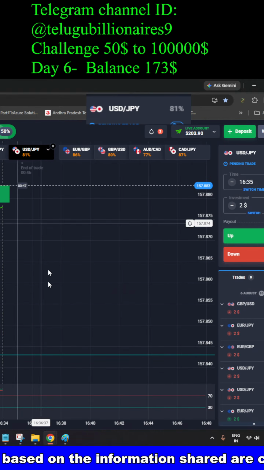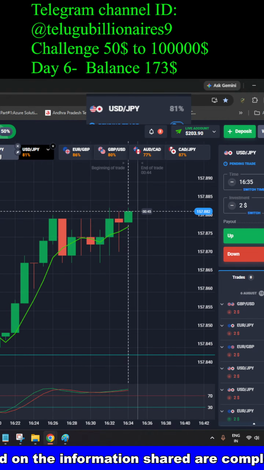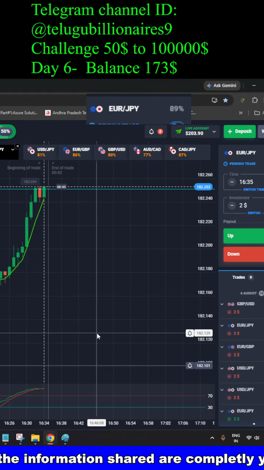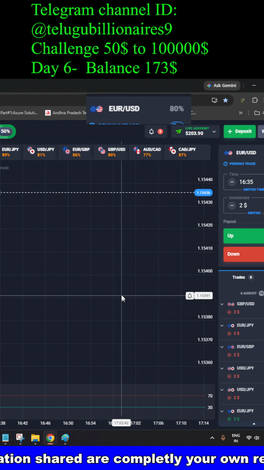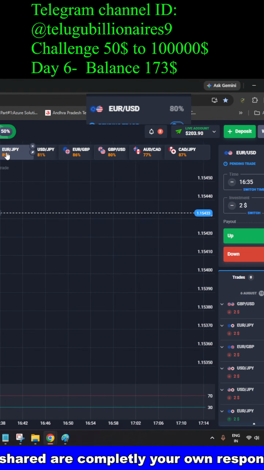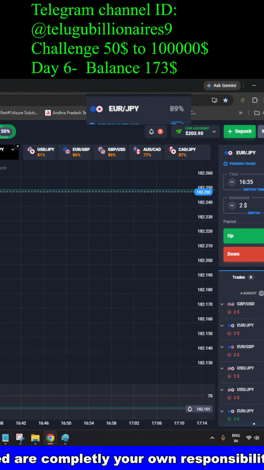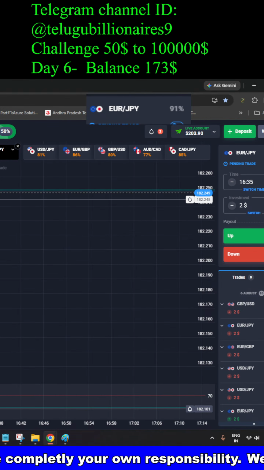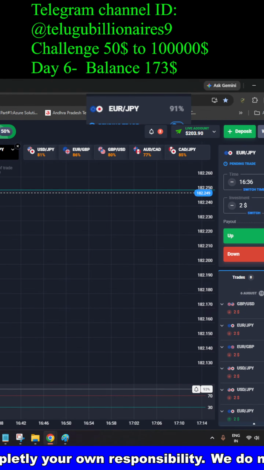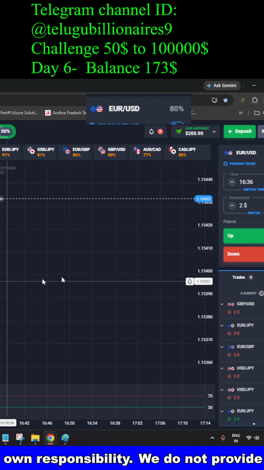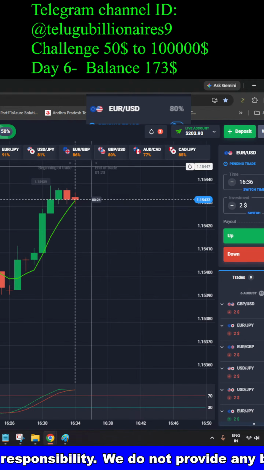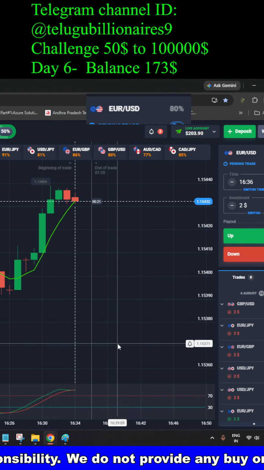Okay, we'll see if there is any setup here. No setup here, also no setup. We need to wait for a setup. This one and this one are almost close to the moving average, and a swing high is already created. If any rejection happens and it comes down, then it will be good. It's already overbought, so there is a chance of reversal. This is also overbought, so we may get a chance in these two scripts.